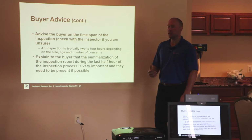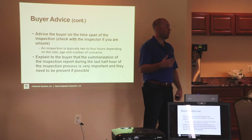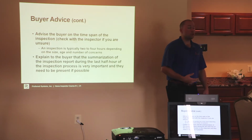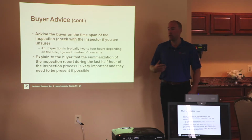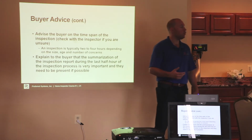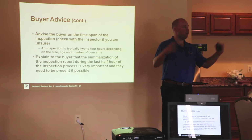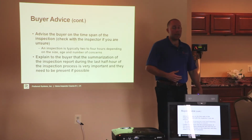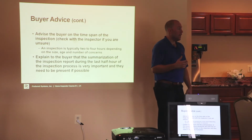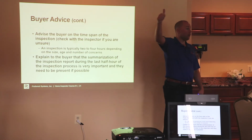I've heard stories, I'm on inspection groups, of home inspectors taking 5 hours, 6 hours. To be honest with you, I've been doing this a long time, and I don't know what they are doing on the home inspection if they're taking that long. They're going way above and beyond and being crazy in a house. So it tells me one or two things: they're talking a lot about nothing,